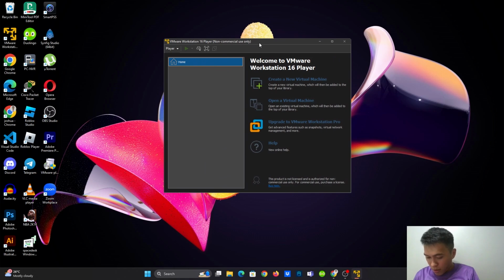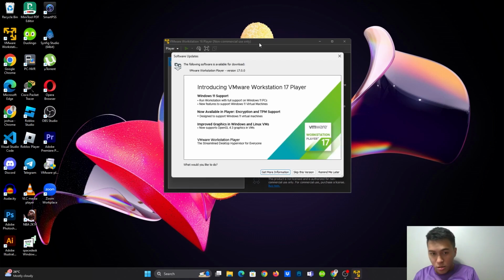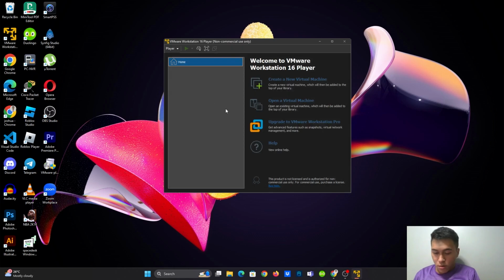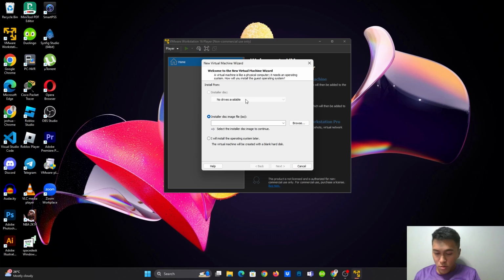In adding a virtual machine, select the option to install the operating system later. With the virtual machine, I will install the operating system later.